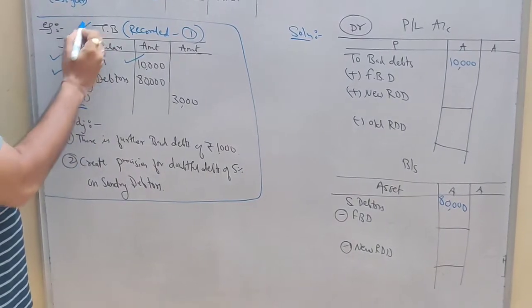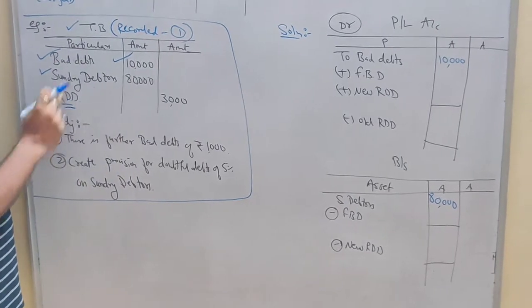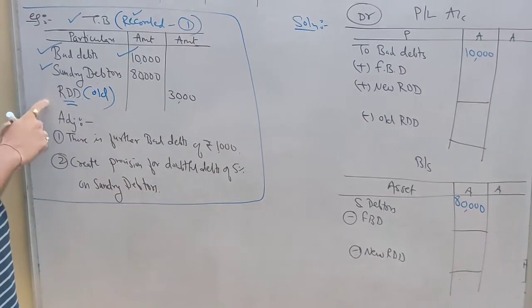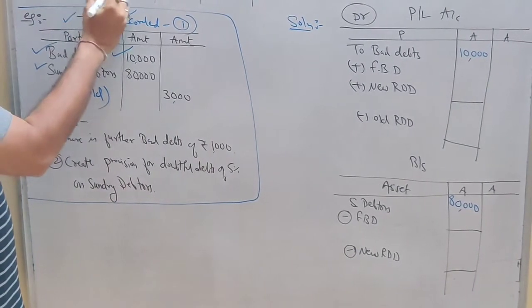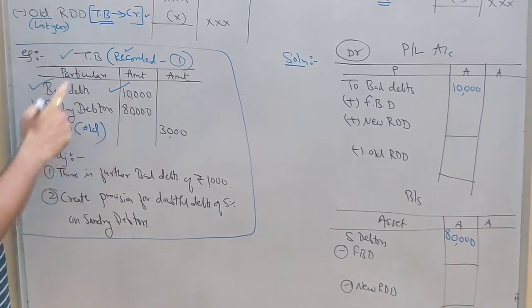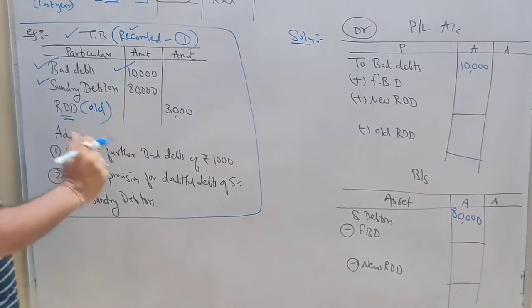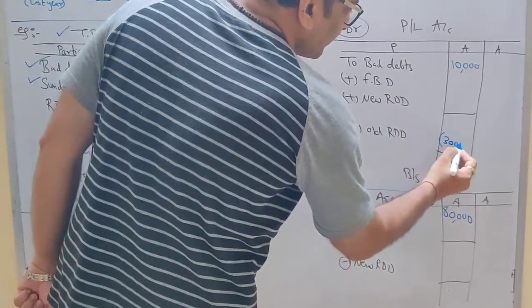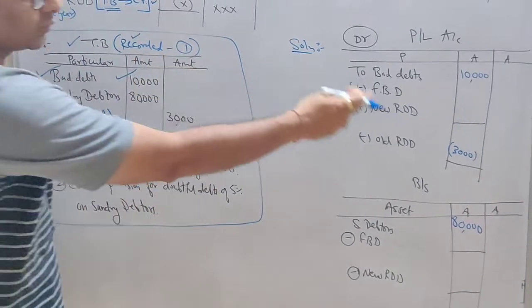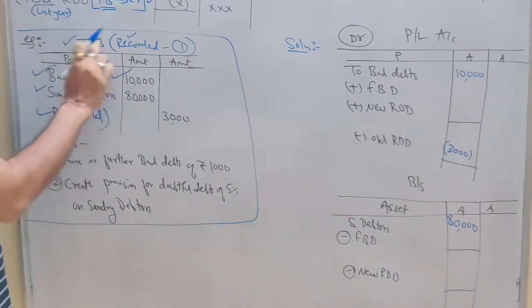RDD. Students, in the trial balance they will never write old and new. You must understand, if it is in the trial balance, it is recorded, this is last year's, so this is old RDD. Whenever it is given inside the trial balance, it is always old RDD, last year's, recorded one. It is old. You have to remember this. The question won't tell you. So remember this is old. Right in front of old, 3,000. So we have recorded the trial balance. These are recorded ones. We wrote only one time, because this is trial balance.